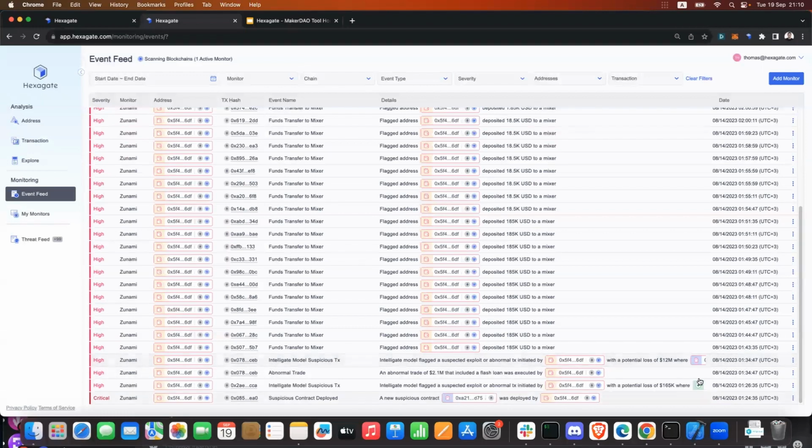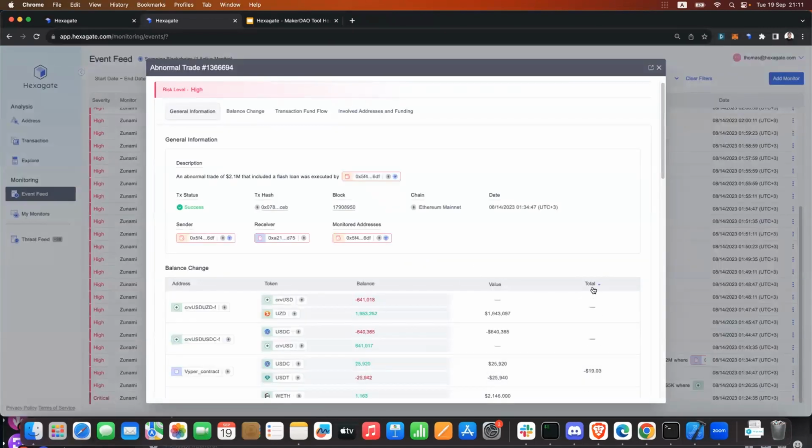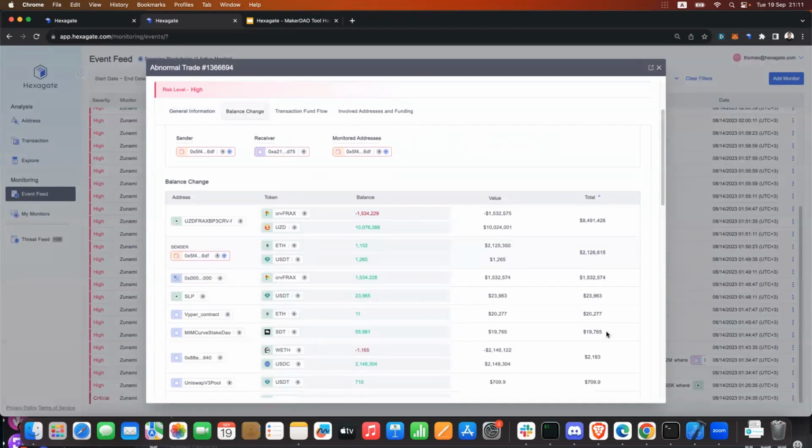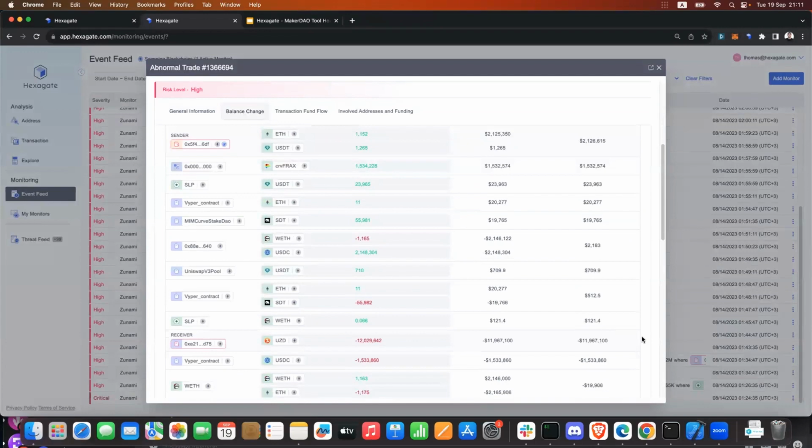Now, 10 minutes after the exploiting contract, this 078 transaction was detected by 2 of our models. One is detecting an abnormal trade, and one is the general purpose exploiting transaction model that classifies transactions as exploiting ones, where, just as an example, you see that the attacker now profited $2 million out of the pool.